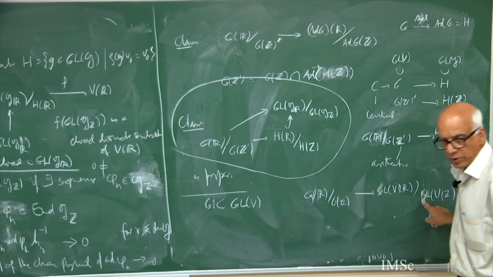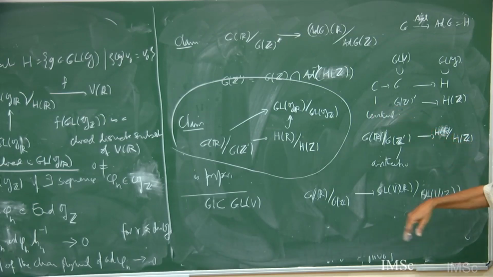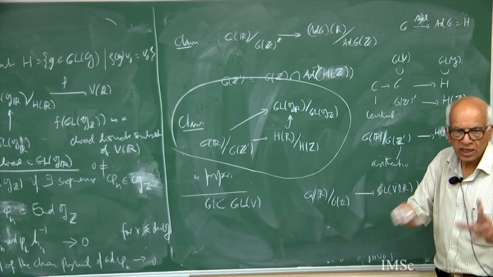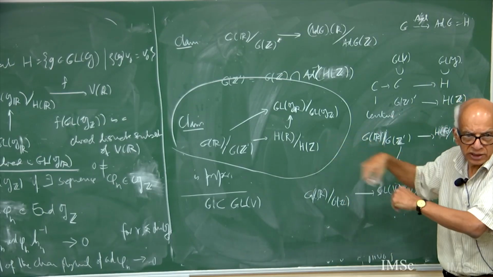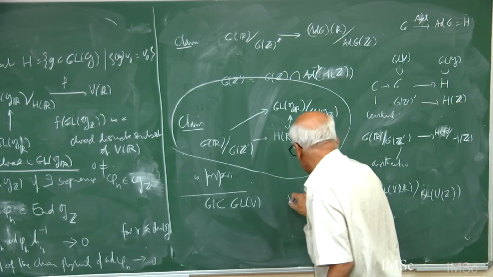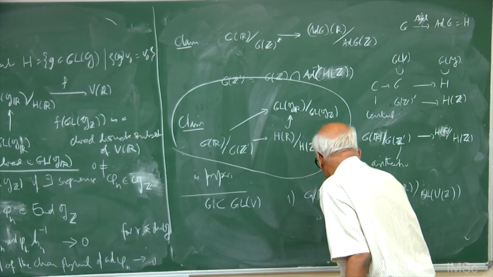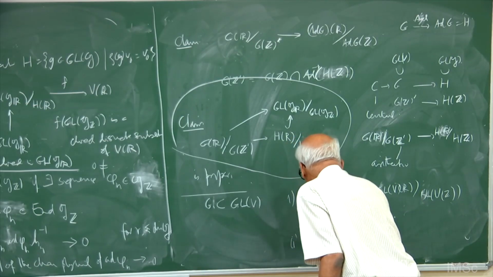This mapping is proper. It's the first thing we prove. That's essentially the same as what we did earlier. We use the fact that this group is defined as the isotropy of some line in some representation of SL(V). You do that. So this is proper. And then secondly, you prove that